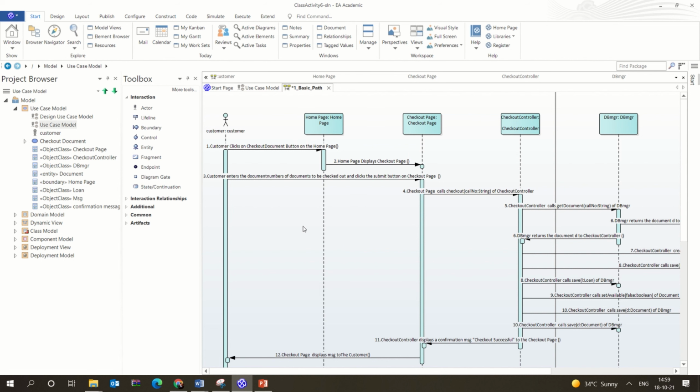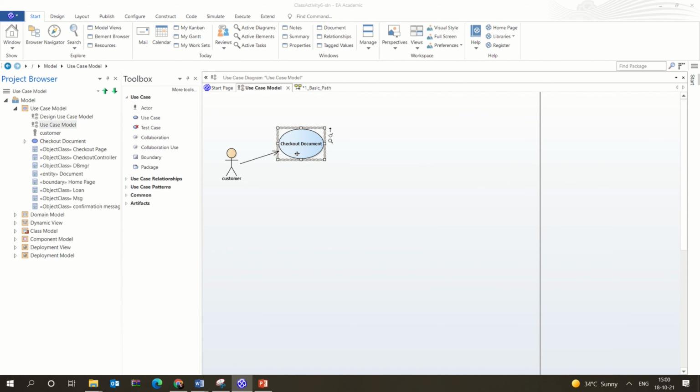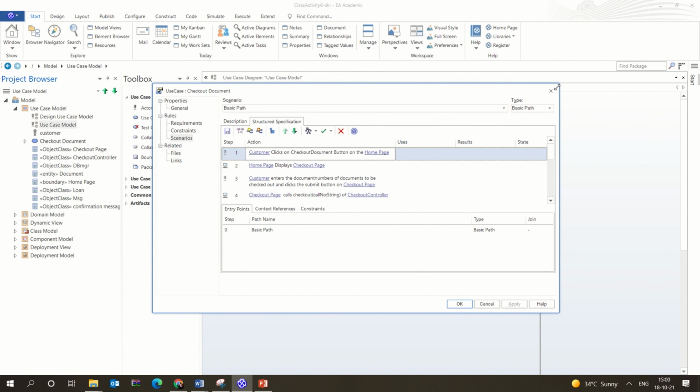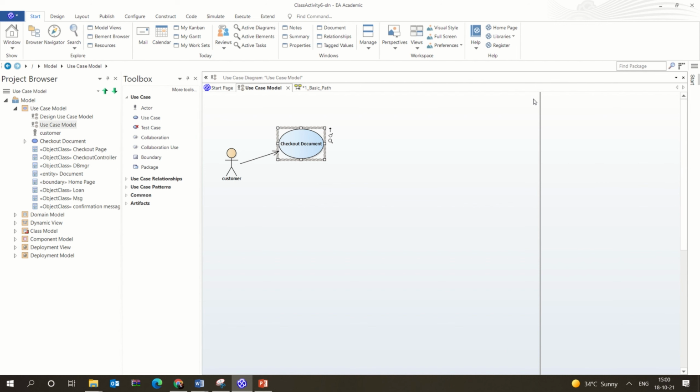For the exam, basically you can either create the use case model. So if I have already asked you to create the use case model, then this is an easier way to create it. Then you can slightly tweak it according to what you want. Or else creating the sequence diagram from scratch will take a lot of time. But also make sure that if your use case model does not give the scenarios properly, then the diagram generated will also not be correct. So you will have to tweak it accordingly.